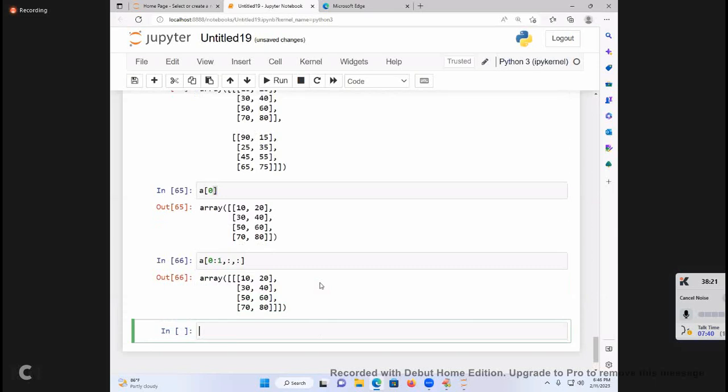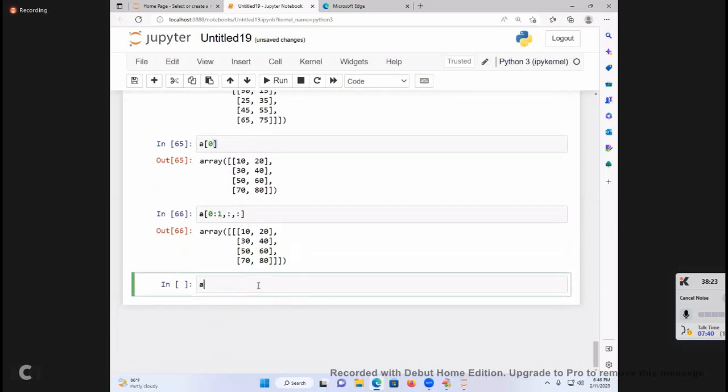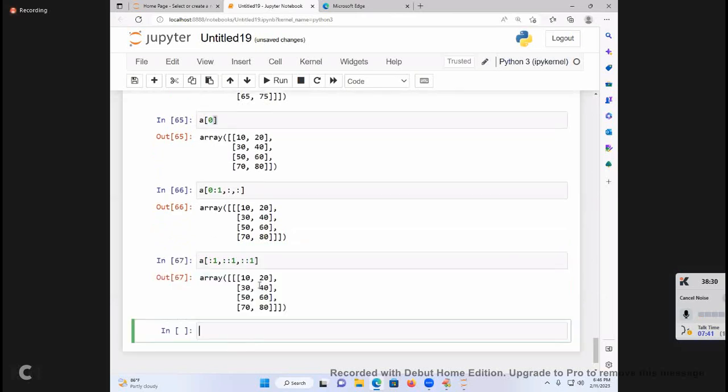So, done. One more way. A of colon 1, comma, colon, comma, colon. Also same. Are you following? A of colon 1, colon 1, comma, colon, colon 1, colon, colon 1. Also same. A of colon 1, colon 1, comma, colon, colon, colon, colon also I can say. Same. Are you okay? Yes.